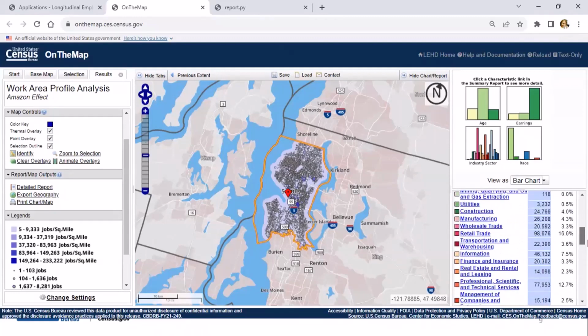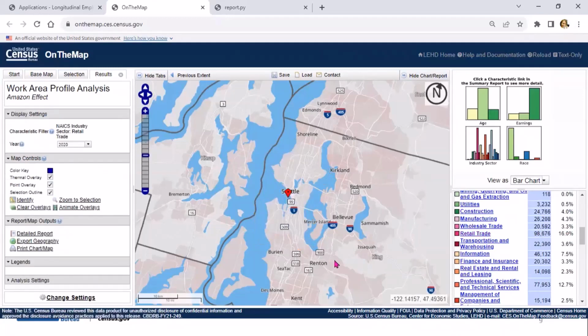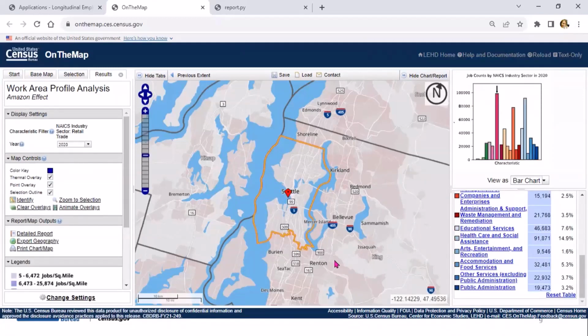And then we're going to scroll up to the area where it says retail trade. So here we see retail trade, and that is 16%. So I can even click on this retail trade and it'll actually just highlight in the map just retail trade areas. And this is really cool.